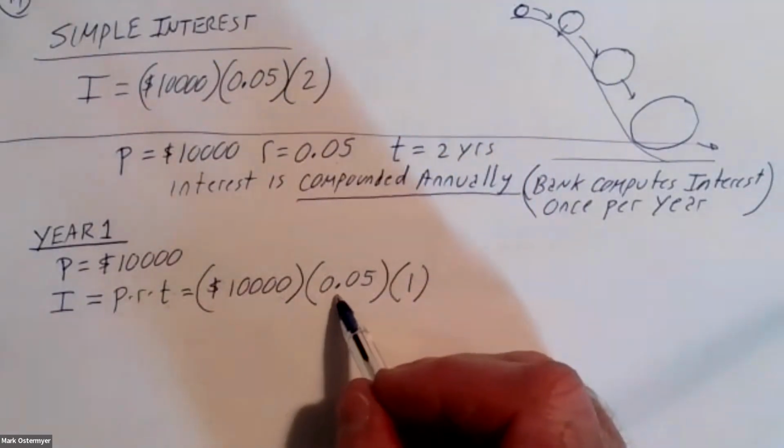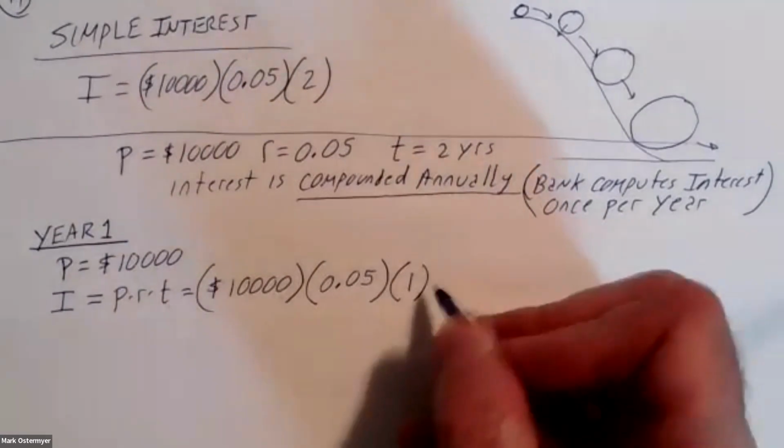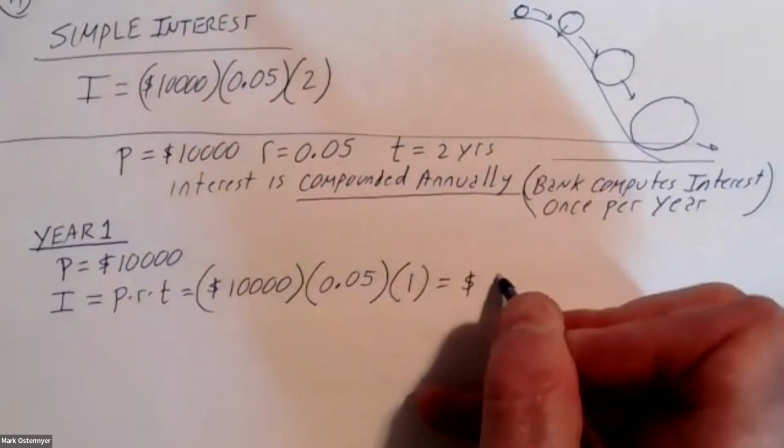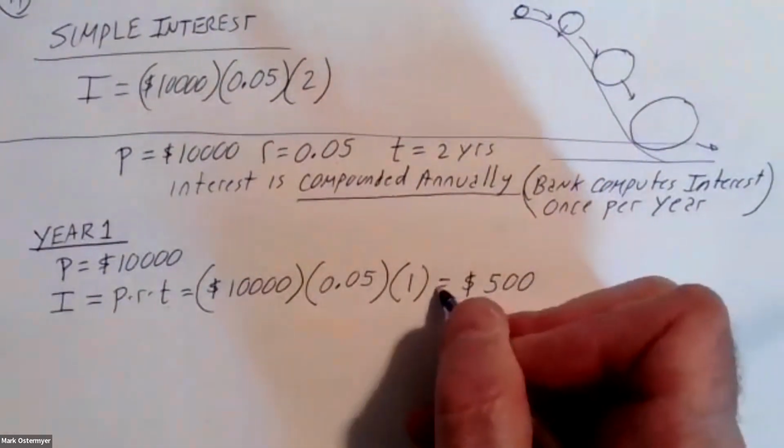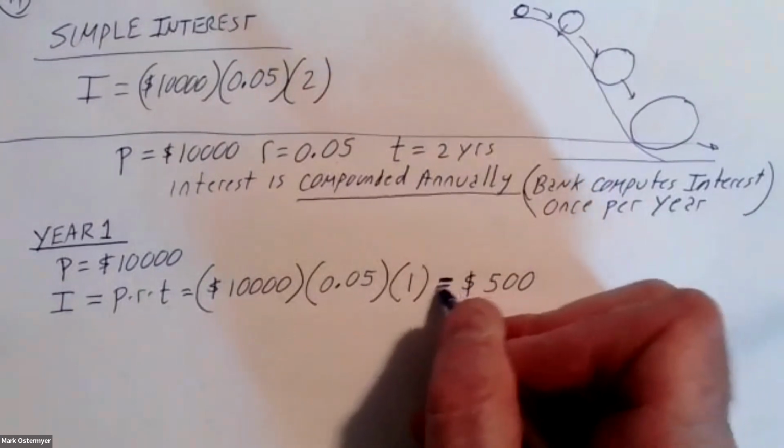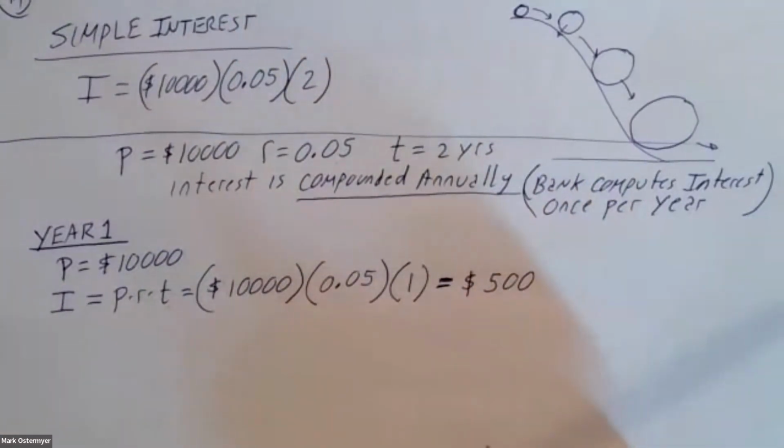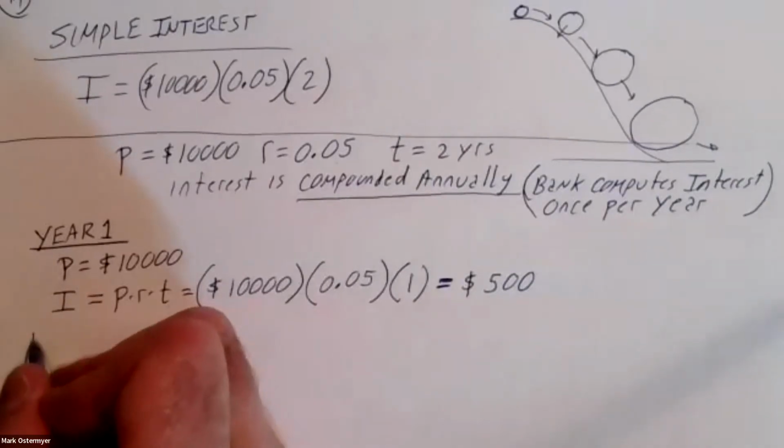Do you agree that that will earn us $500 in the first year of interest? Did I do that calculation correctly? I believe so. 1, 2, 3, 4. Yeah, you did. Okay, so ladies and gentlemen, now what would be the balance